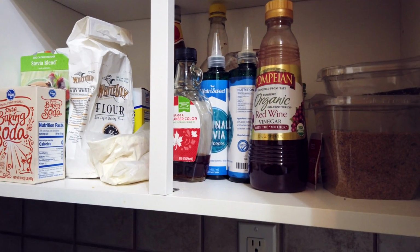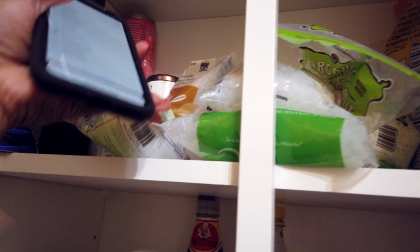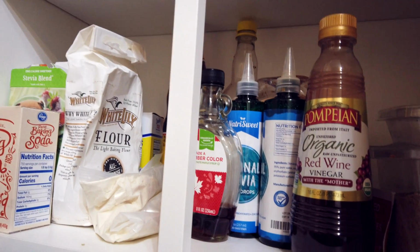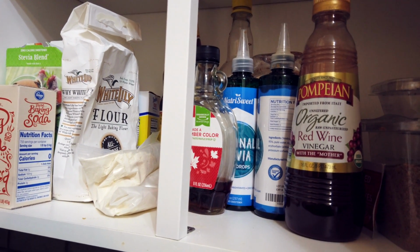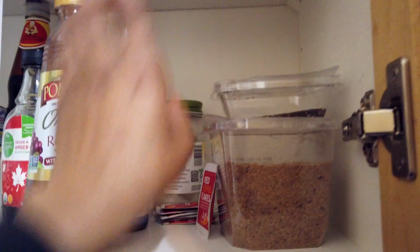And I actually do not need any miracle noodles because these are all miracle noodles that I don't need to buy. So I'm going to delete the pumpkin seeds and the miracle noodles off of my list. I don't have any coconut milk, I believe. Actually, so I have coconut oil on my